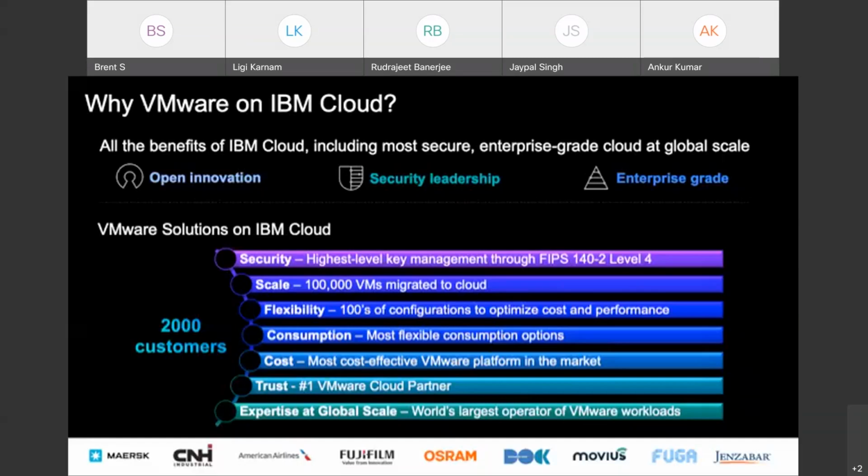A couple of other things I want to touch upon is flexibility, and that flexibility really comes in a couple of different forms. We have the largest option for bare metal configurations for VMware, so you can mix and match the cores, the RAM, and the disk of the bare metal server that you run your VMware workloads on. So you have a single tenant, dedicated server, and dedicated private cloud that's hosted in an IBM Cloud data center. And you're able to